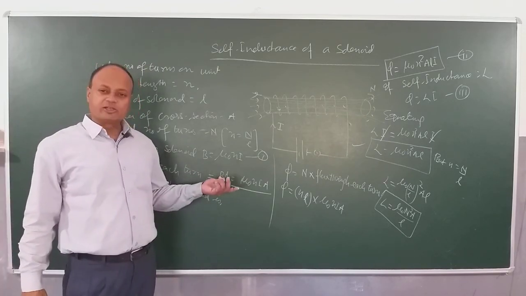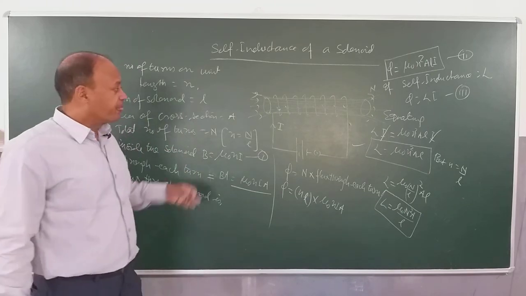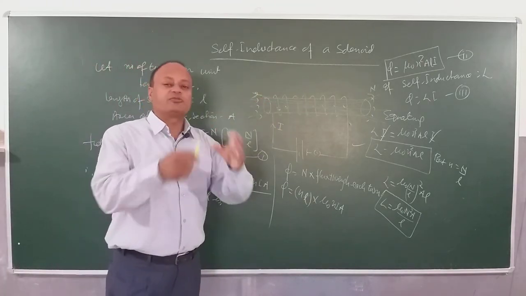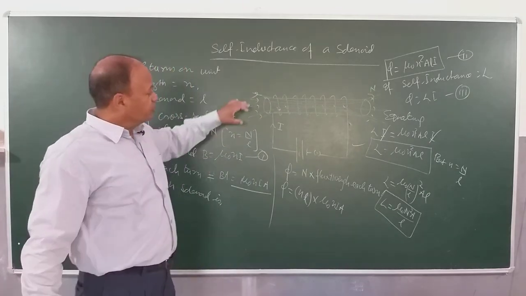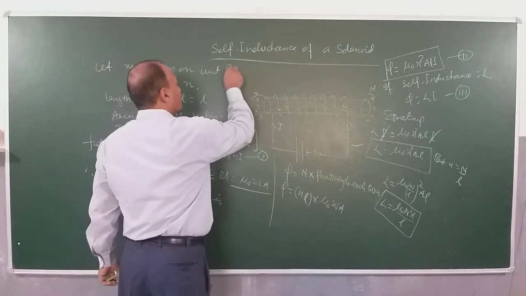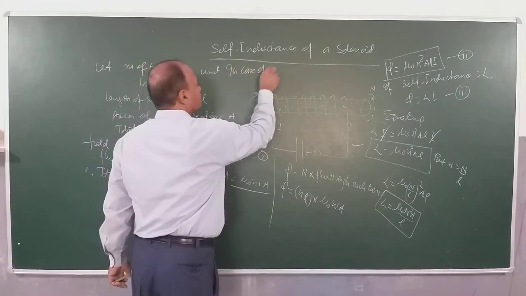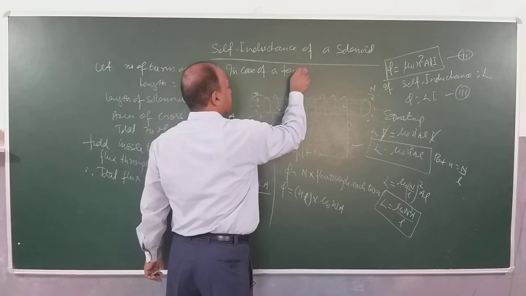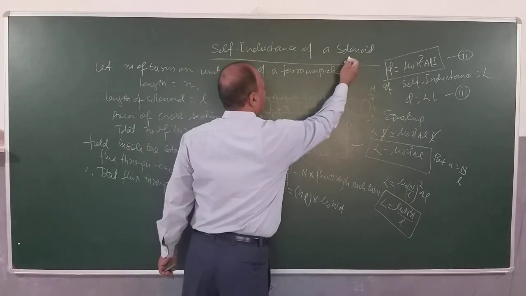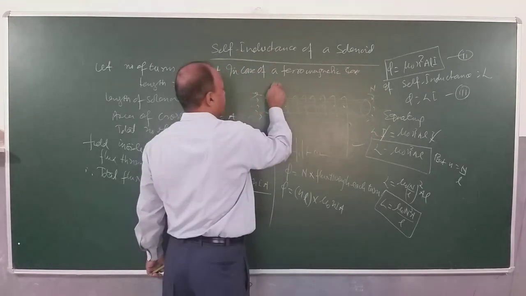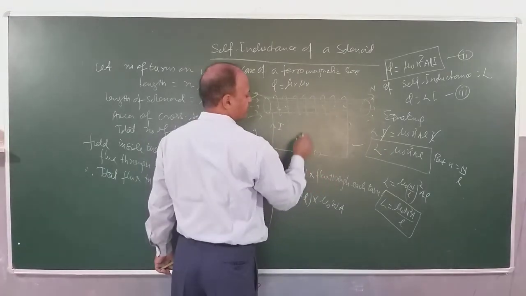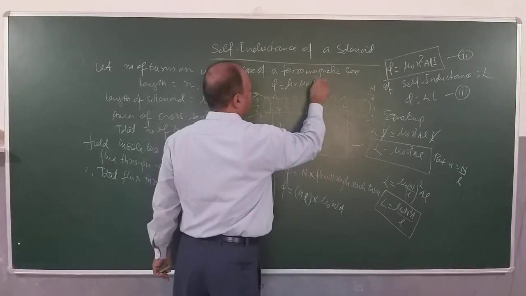And you'll get simple numericals on this. Remember one variation. This is an air core solenoid. Air core solenoid means the medium inside the core is air. But suppose the core is made up of a ferromagnetic substance, so we can modify this formula. In case of a ferromagnetic core you can write L will be mu r into mu naught, same equation, N square A by l.